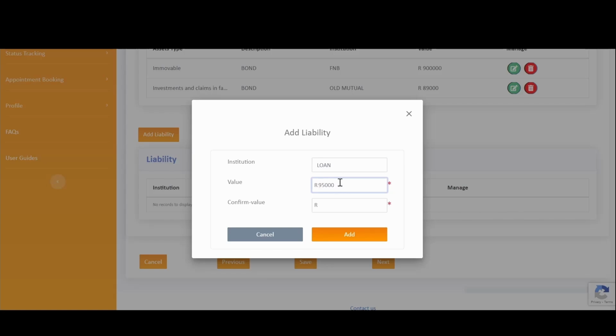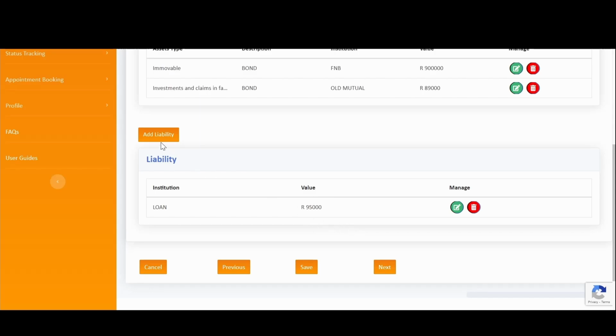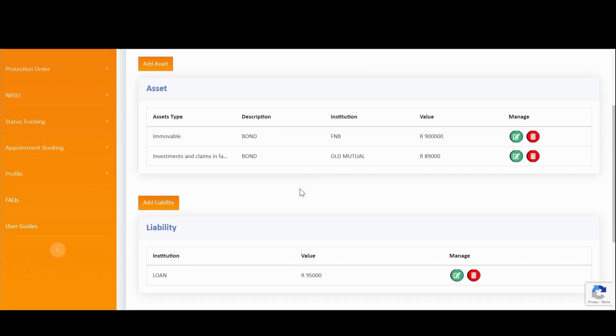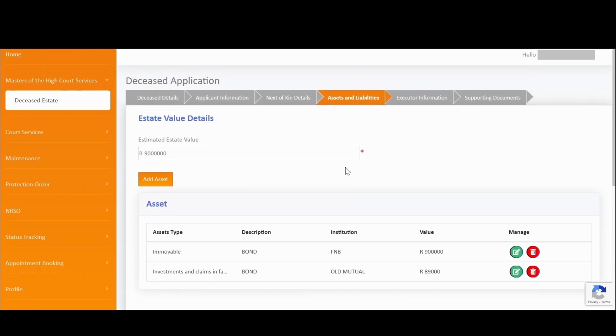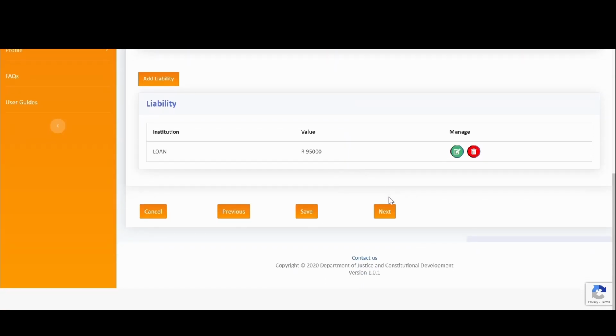The liabilities also allows you to capture multiple entries of liabilities for the deceased. With both the assets and liabilities that have been added, you have the ability to edit or delete the information by simply clicking on the Edit or Delete icon next to the assets or liabilities in the associated grids. Once you are happy with all the information that is captured, you can easily click again on the Next button,